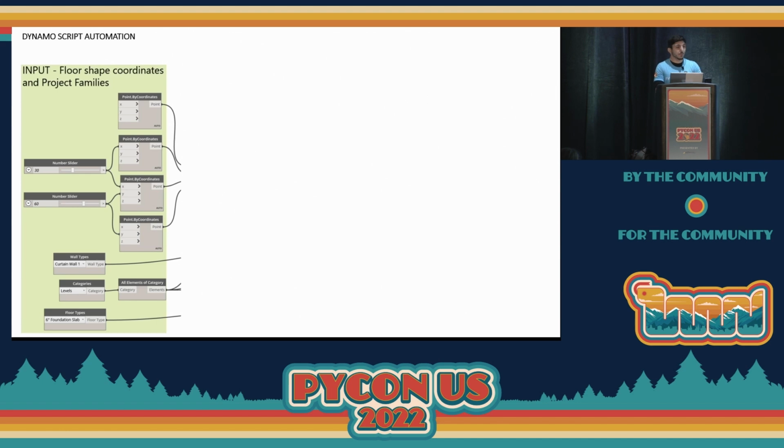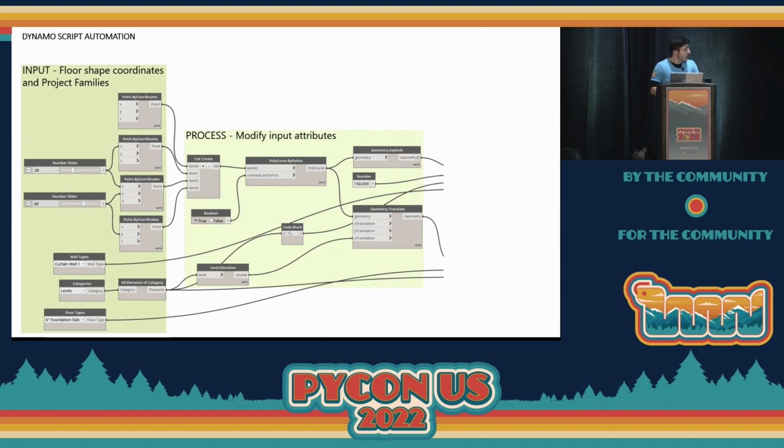I can create something like a floor plan. Let's say a rectangular floor plan. On the left there I have 30 feet and 60 feet. And I just tie in my X, Y, Z coordinates for 4 corners. And on the bottom there, I have my different kinds of materials. Curtain wall, and levels, how many levels I want, and a concrete slab at 6 inches. I connect the dots on that rectangular